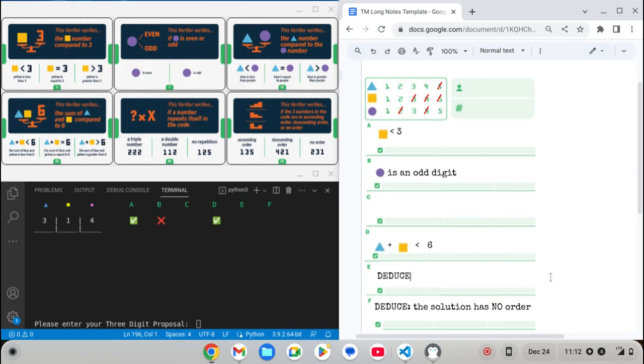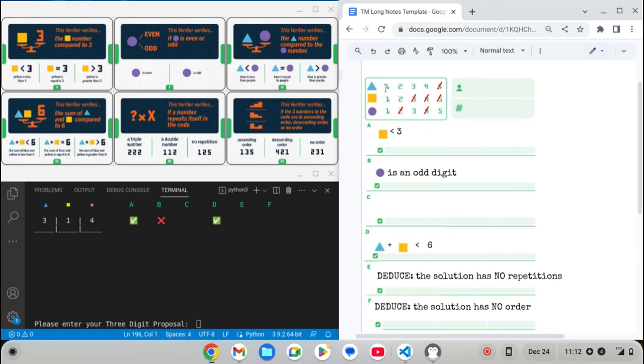So we're going to deduce that the solution has no repetitions. And so that means that they are unique. Okay, so we're looking for a unique solution. All digits are distinct, that has no order. So let's see. So if our solution is to have all unique digits,